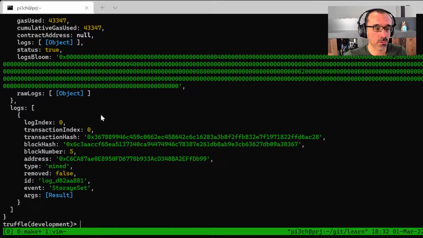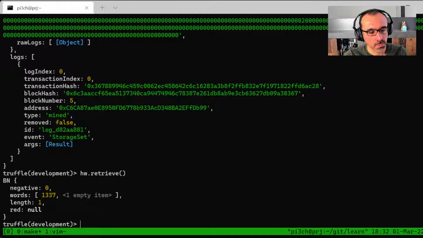It's effectively saying to me that, yeah, your transaction got mined, and these are some of the values. Again, I'm not going through all the details at the moment. The thing is that the transaction was successfully performed. Now, to verify, I can try to retrieve the value by invoking the retrieve function. Again, this is another request that I'm sending, and it shows me that the value 1337 was received. Okay, so let's do something else now.